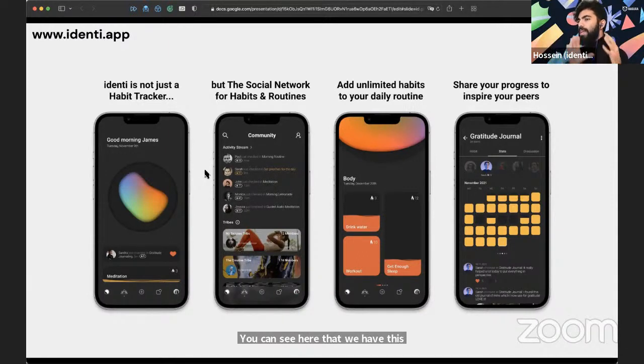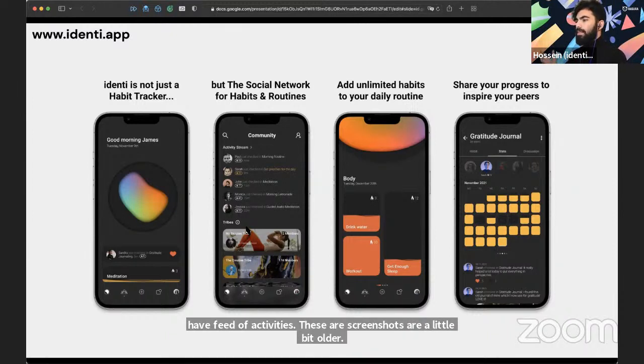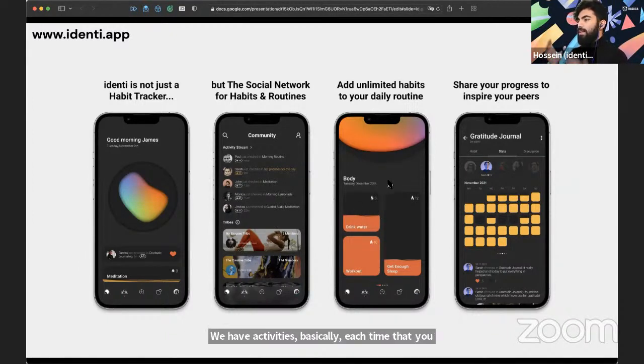Obviously, we are based on a habit tracker, but we are going way beyond a normal habit tracker. We have a feed of activities. These screenshots are a little bit older. Basically, each time that you check in a habit, you can also add photos to that check-in.